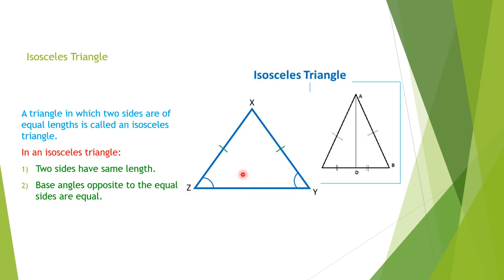So this point you have to study very well. That is, look at the marking and the opposite side, and then look at the opposite angle. This angle and this marked side, the opposite angle is Z. So these two angles are of equal measurement. This side is marked, its opposite angle is Z, and this side's opposite angle is Y. These two angles are of equal measurement. Okay children.